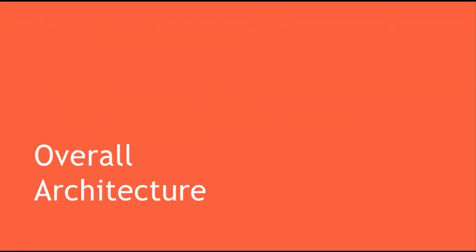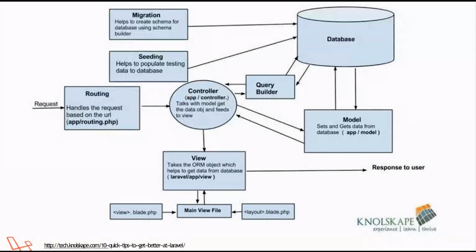So the overall architecture is given over here, where you can see separate MVC components. The very first thing is the request coming in, and then it handles the request based on the URL through routing.php. But as you request something, you don't know whether it is associated with some database, or if something else is needed, or what to display on the computer screen. So you will search for the relevant thing, and once it goes into this particular module, it will try to interact with the view and model components.